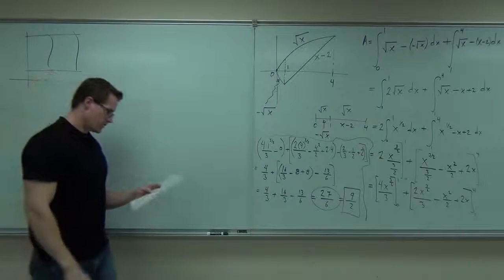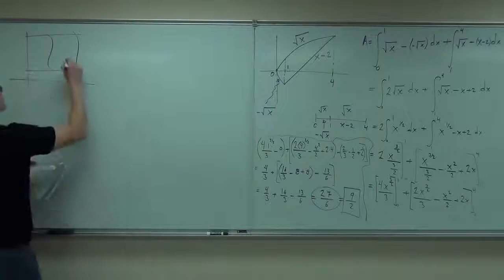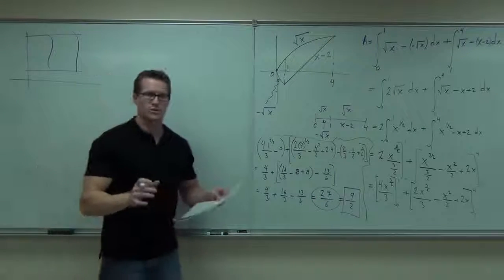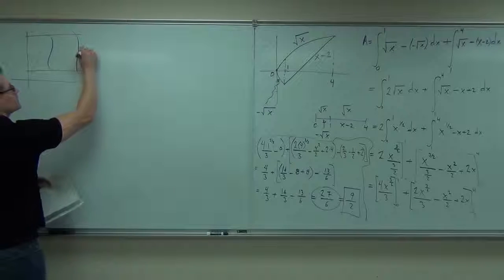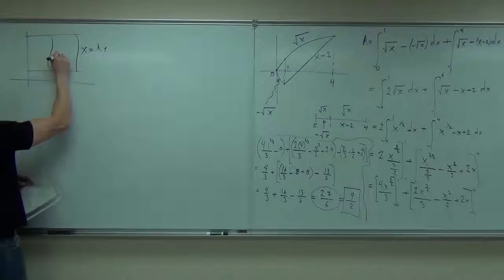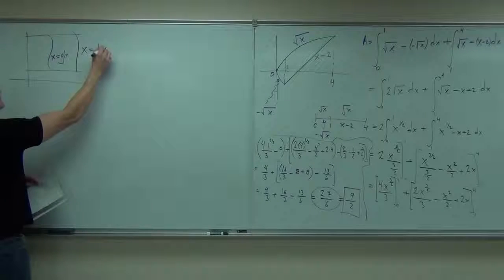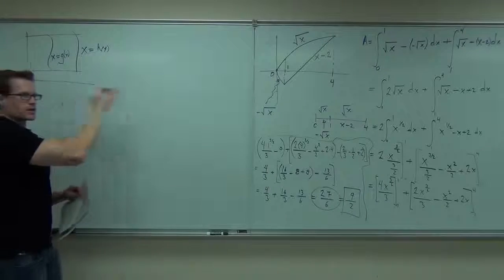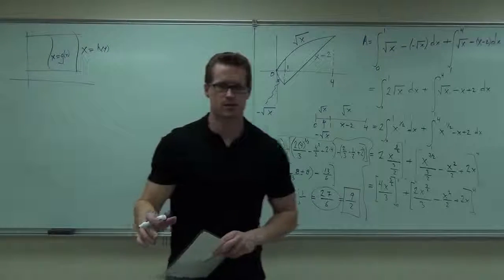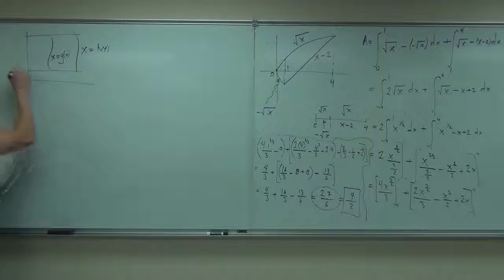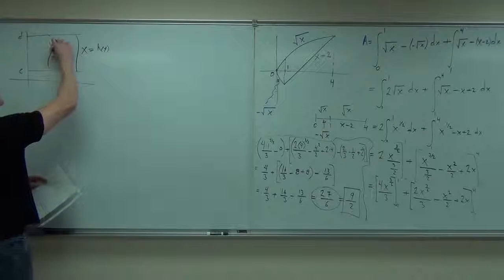Let's suppose you had 2 functions. Now, of course, these functions are going to be in terms of y, not in terms of x. So we'll start with something like x equals h of y, x equals g of y. Like that. Don't care about the x. Care about the y. It will be going from C to D. And the area we're talking about